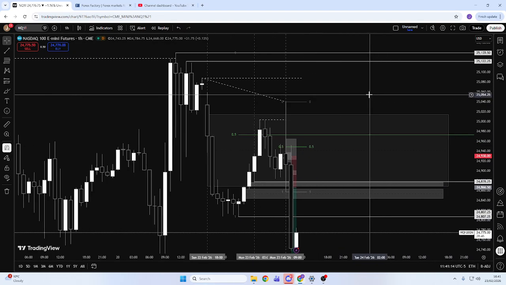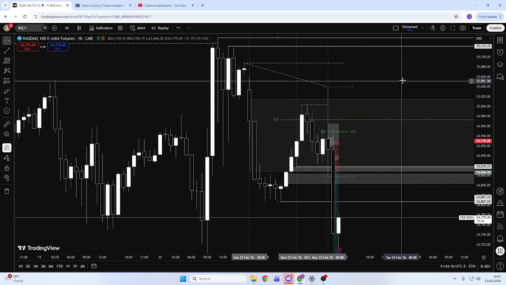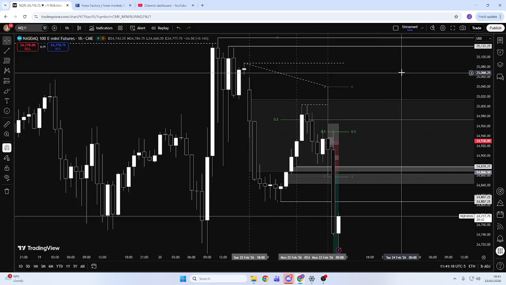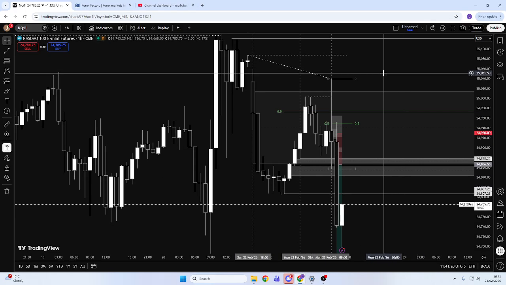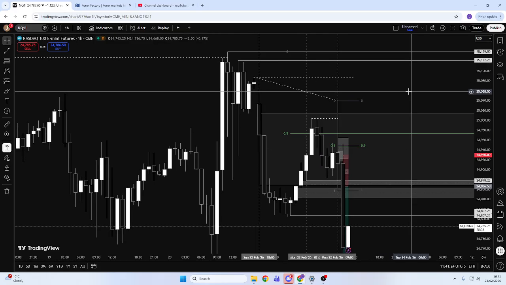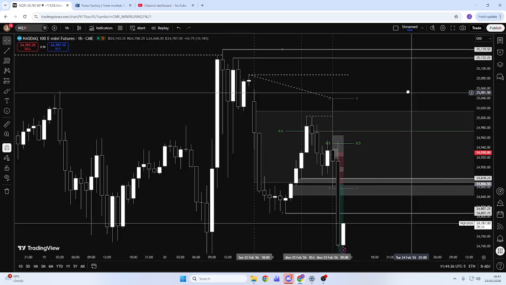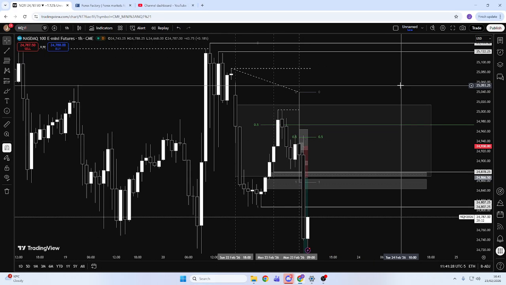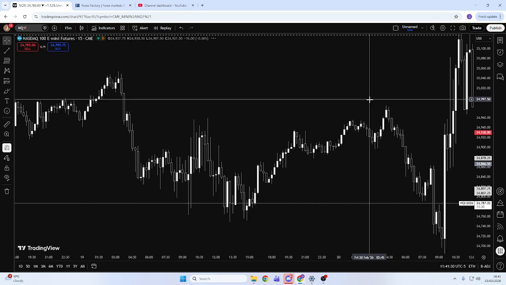So I was looking for shorts, but because we was in an uptrend on both the 1 hour and the 4 hour, I wanted to see a 15-minute break of structure before finding any moves down. So scaling down to the 15 minutes,